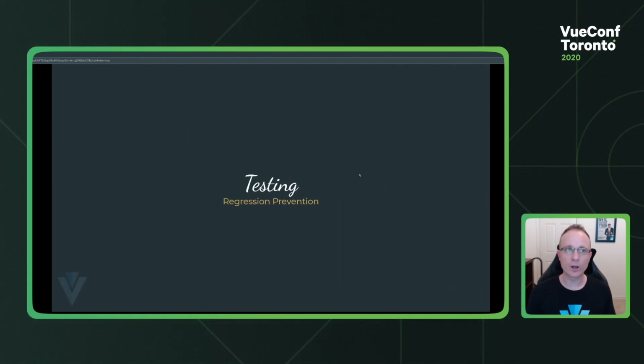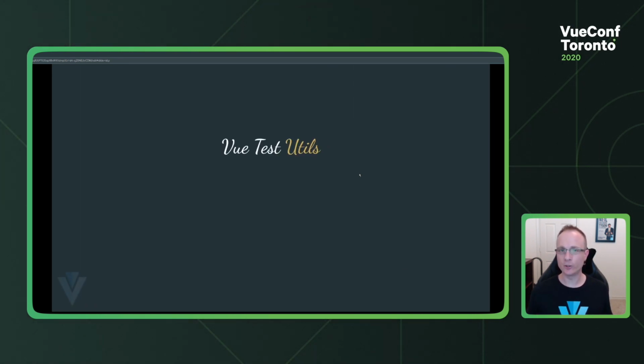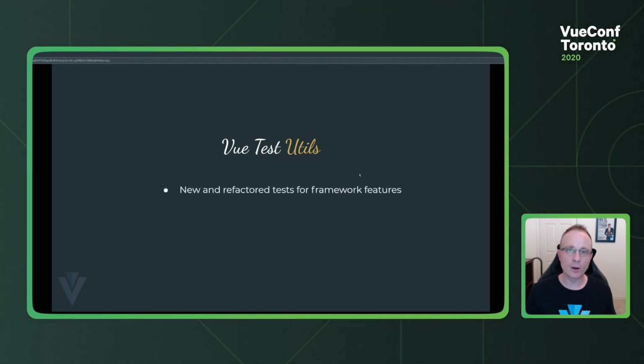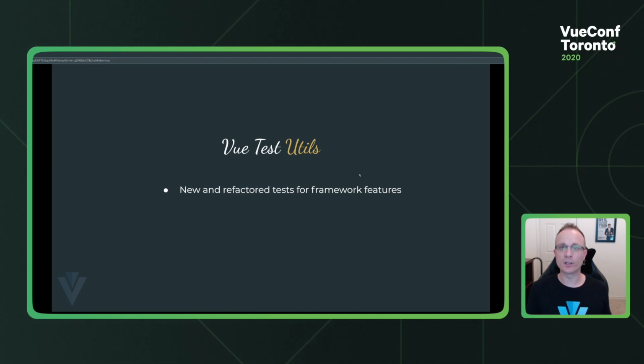All right, next up we're going to talk a little bit about testing. So right now we currently use Test Utils. We converted when we upgraded from version 1.5 to 2.0, along with our TypeScript changes. We moved from Avoriaz, which is made by the same original author as Test Utils, to Test Utils. Now, as we make this transition to version 3, we are going to maintain using Test Utils,